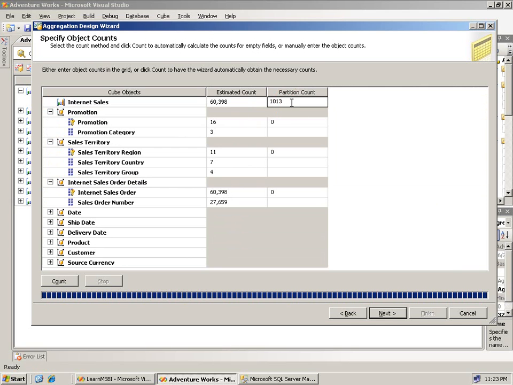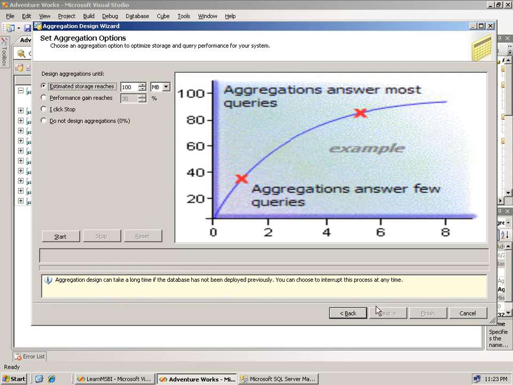This partition count is actually just for the first partition. Just kind of strange how that works, but that is correct, so don't worry too much about that. So at this point I have my counts, and I will click Next, and this is that screen in the